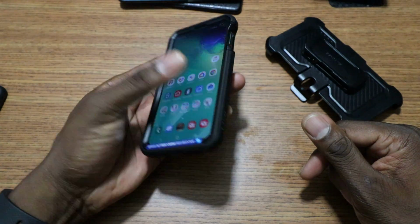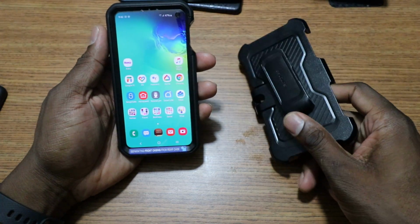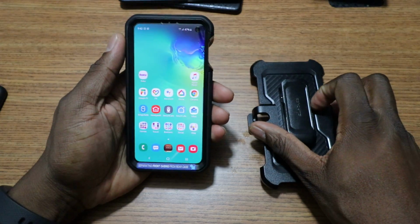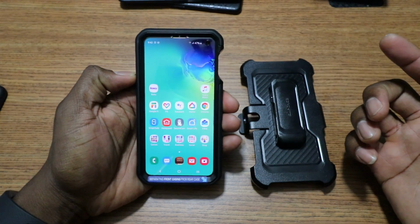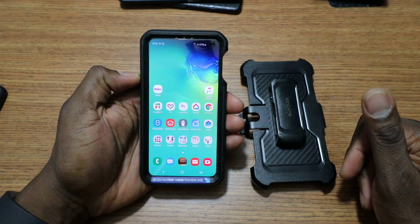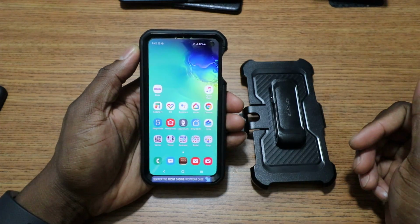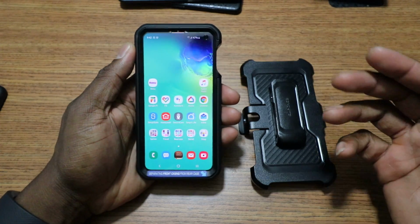Anyway, Mr. Man Jay, that's it right there. Unicorn Beetle Pro. This is one case that I could recommend to a person who needs that bulky setup. This is a good one if you don't want to spend a lot of money on OtterBox, because the OtterBox for this phone right here is about 50 bucks. So you decide. But again, remember the